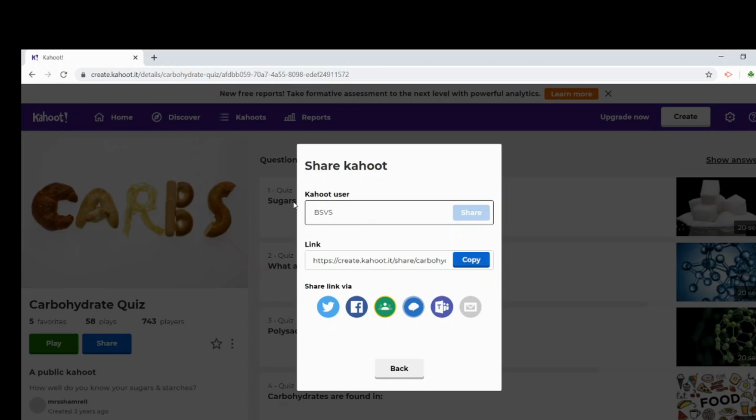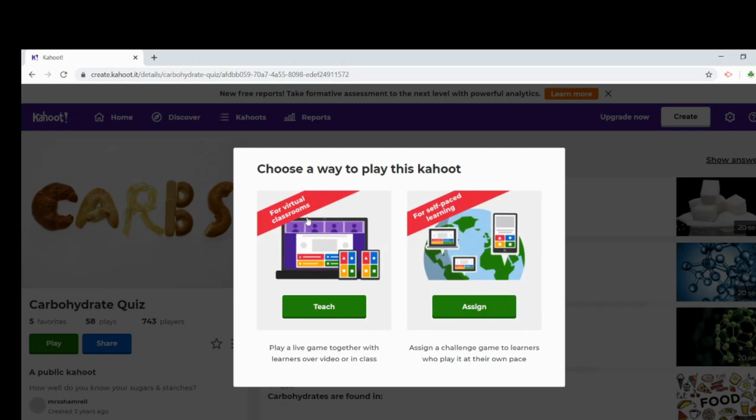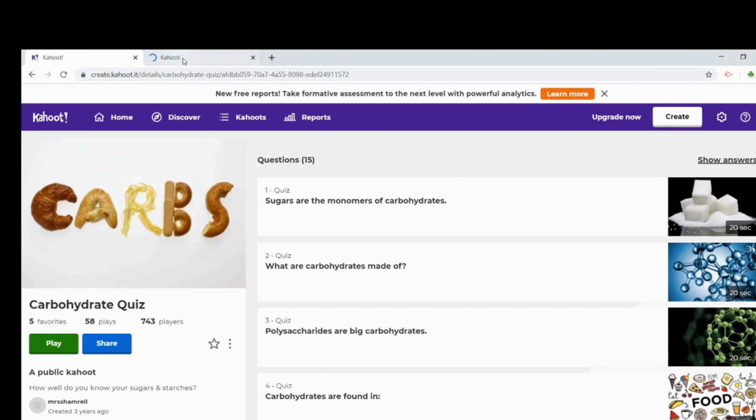This can be provided through a link which is already registered, but do not share. Just copy this link and provide it on the Google platform. These are the same options that you are providing for your quiz. This is the same for the third-person quiz also. If you want to play this for a trial, you can play for virtual classroom or self-learning. Click on the teach option, and this type of question platform is obtained.